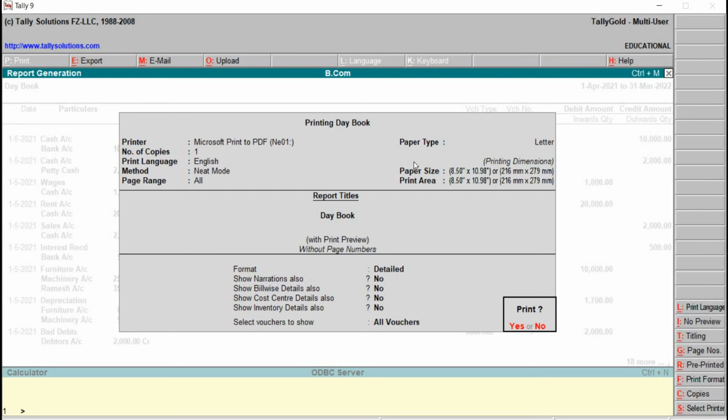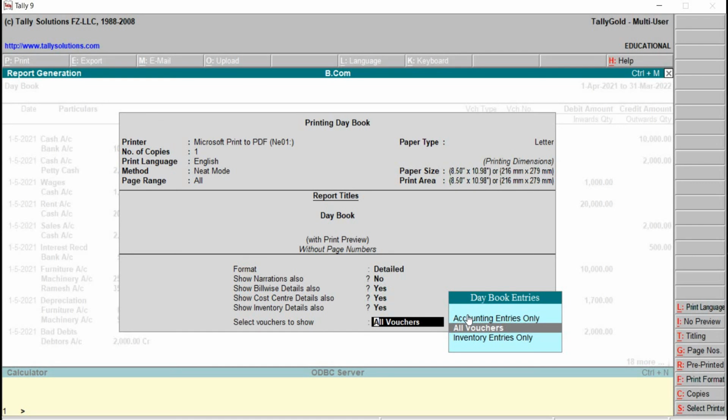The same options will appear as we had for the balance sheet. Printing daybook. Report title will be daybook. The print configuration, which appears on the bottom right hand side, will appear here as well. Okay, just go back before giving the print command. Backspace. Format, detailed one, narrations, no, bill wise details, yes, cost center details, yes, inventory, yes, select vouchers to show, all.